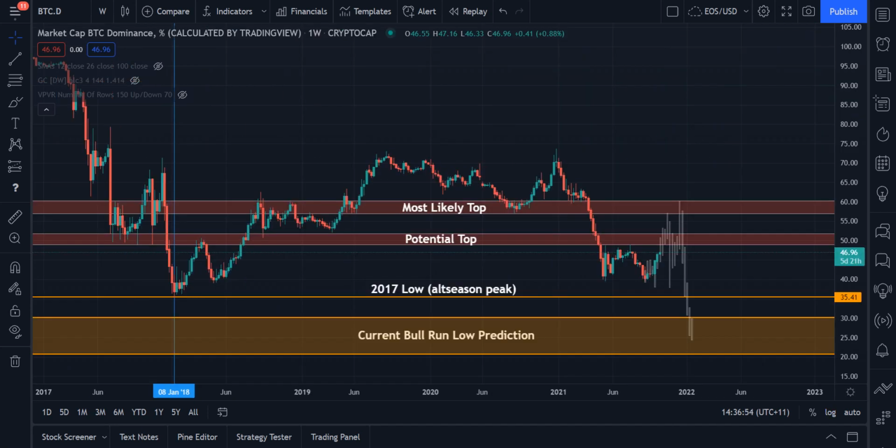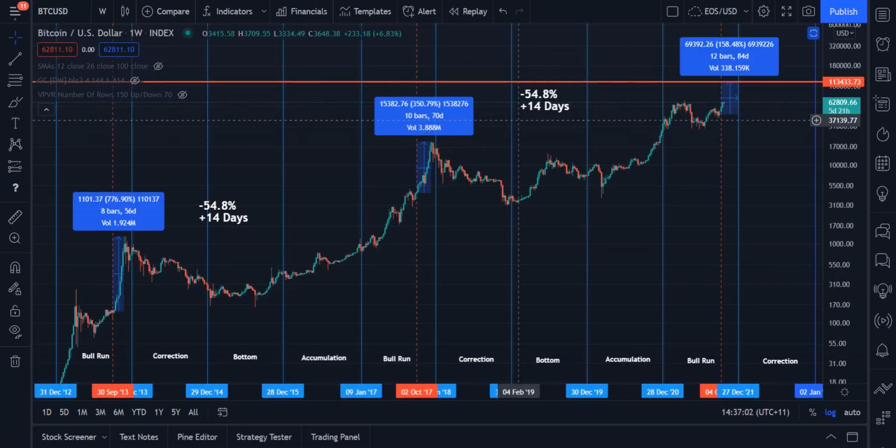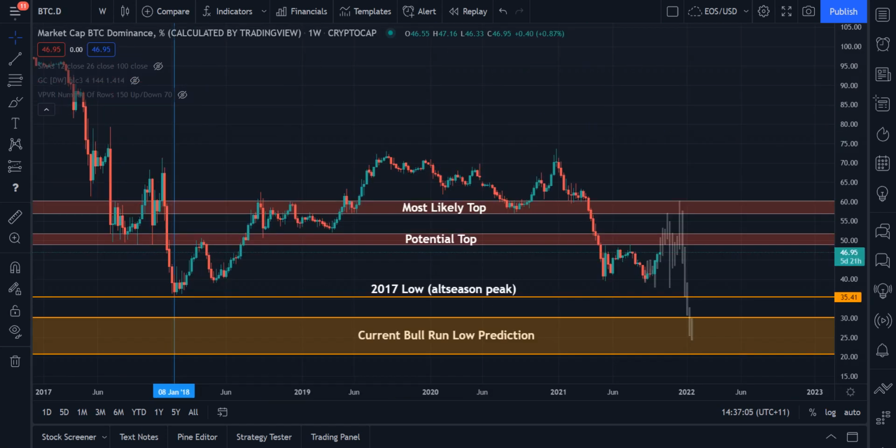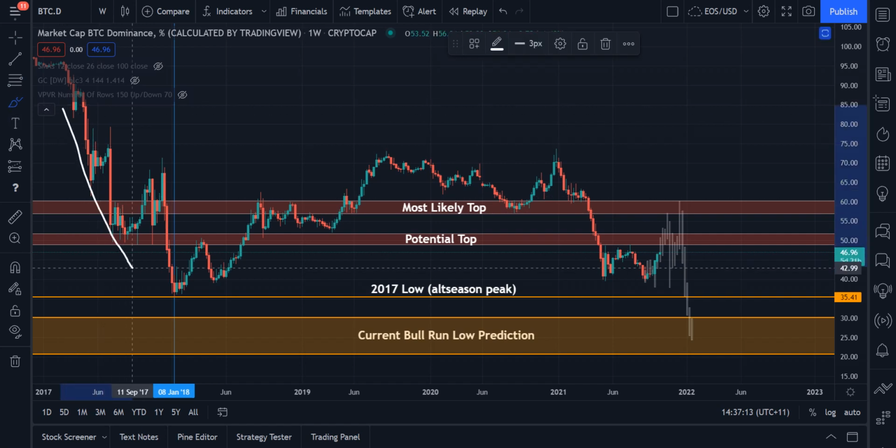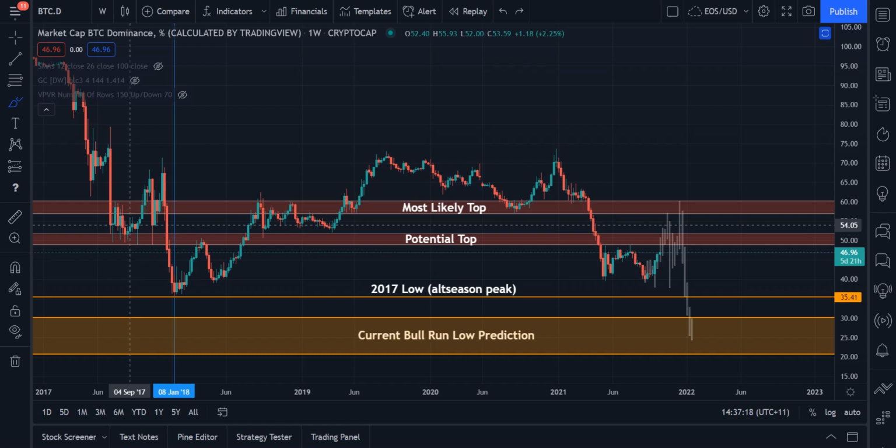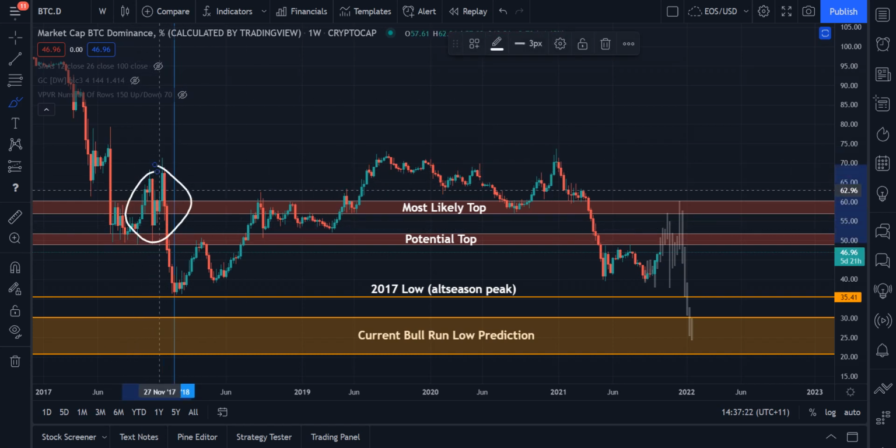The second way to time the top in a bull market is the Bitcoin dominance chart. This is slightly less reliable than the cyclical theory, but it is still very reliable nevertheless, and I'm still looking at this chart on a daily basis to keep up to date with it. Now, what we can expect and what happened in the last bull market is we had a gradual drop down throughout the entire duration of the bull market in Q4, and this is what happens in every cycle. Q4, we pumped up, right? This is 2017 altcoin season. Bull market, and then we had the altcoin season where we dropped down massively.